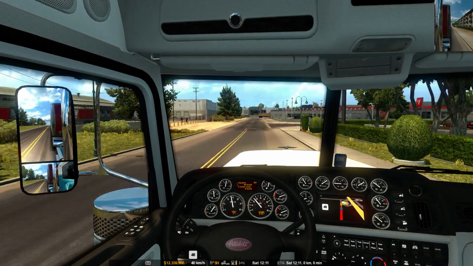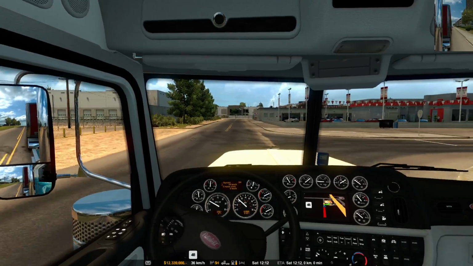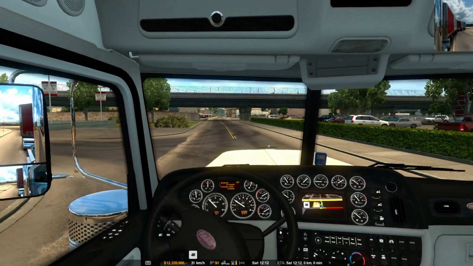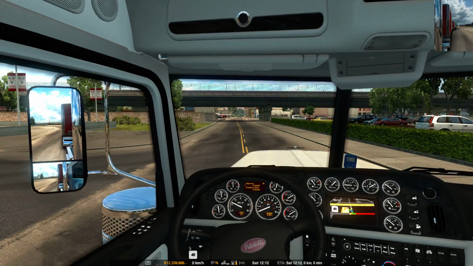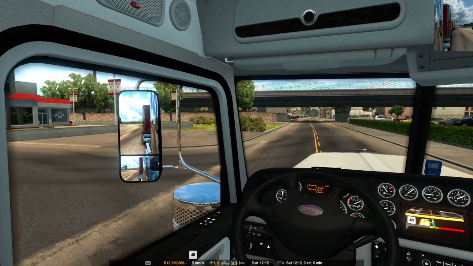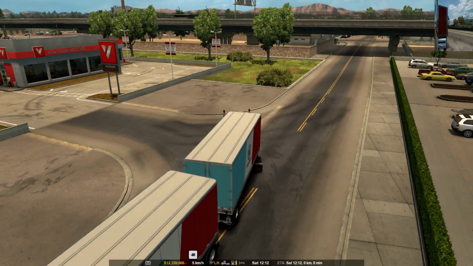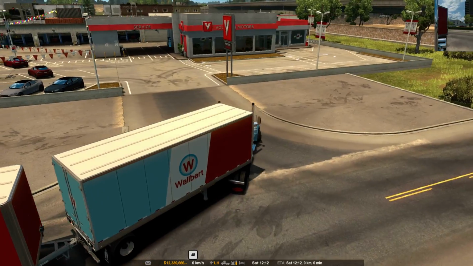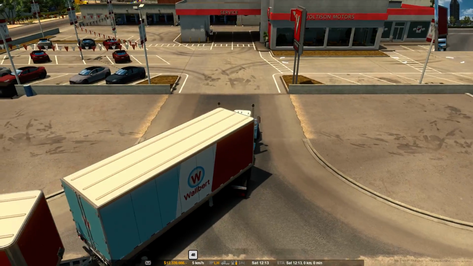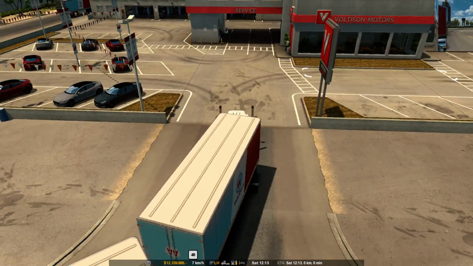Yep, this is our turn up here, it looks like. There we go, and where's our turn? Oh my goodness, it's right there. Where is it? Alright. If I had come in the other entrance there, this would have been an easy one. But because I came in this entrance...